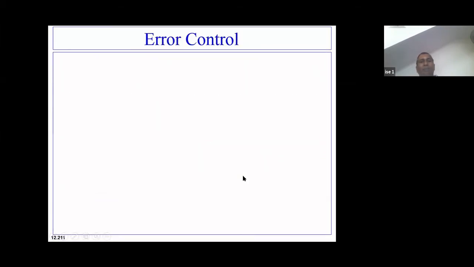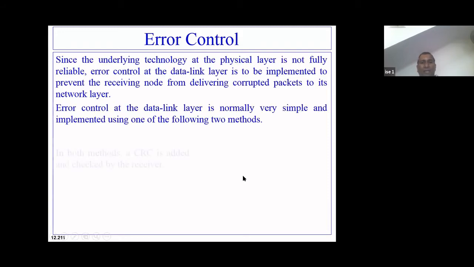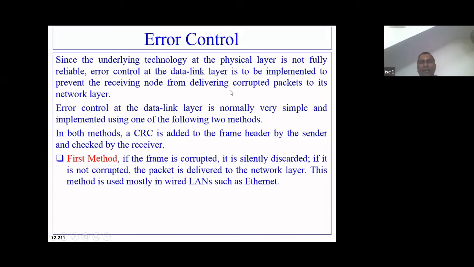Now, next is error control. Whatever we had discussed so far was about flow control. Flow control is always exercised by the receiving station.